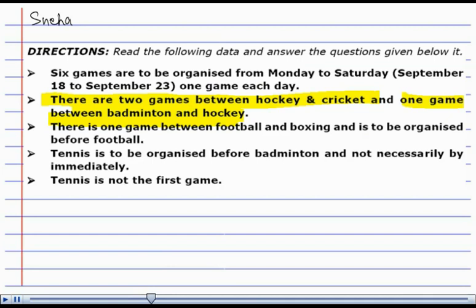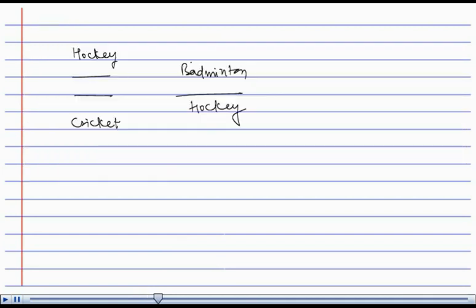Also, there is 1 game between football and boxing. So, 1 game is to be there between football and boxing.